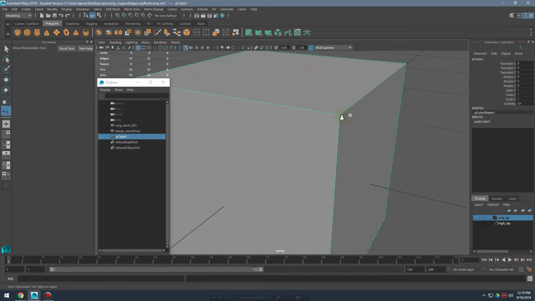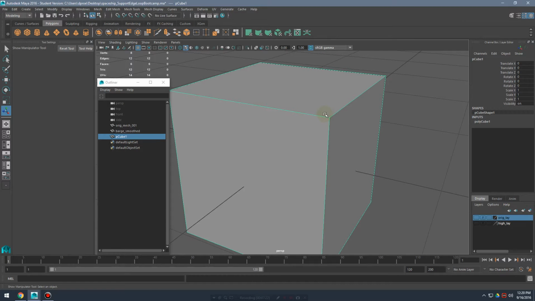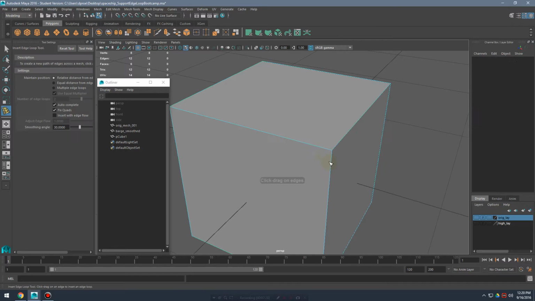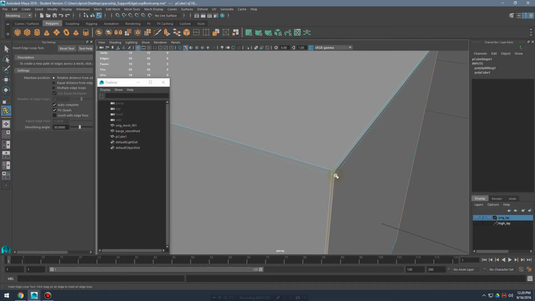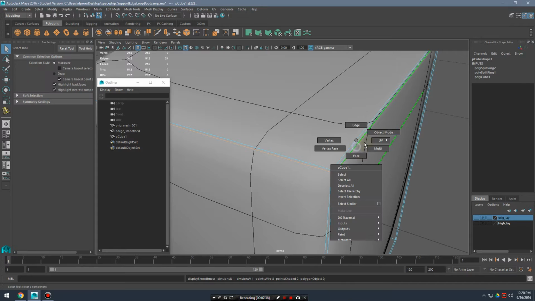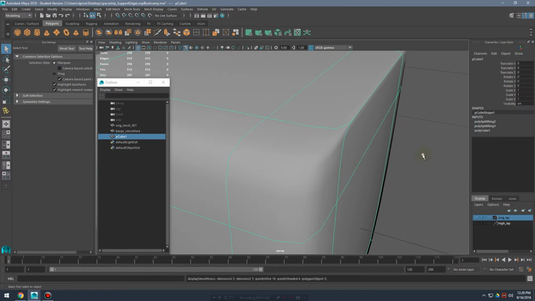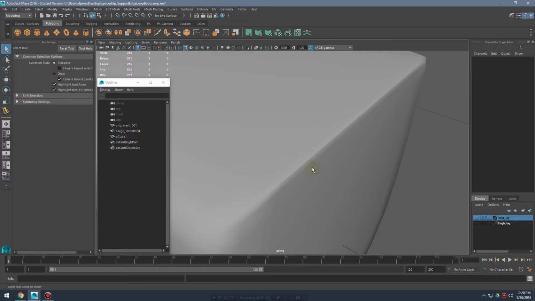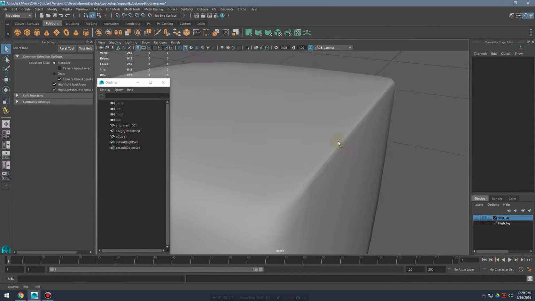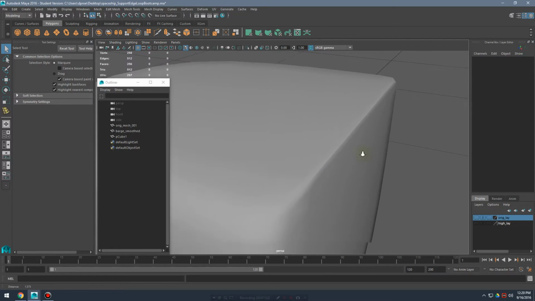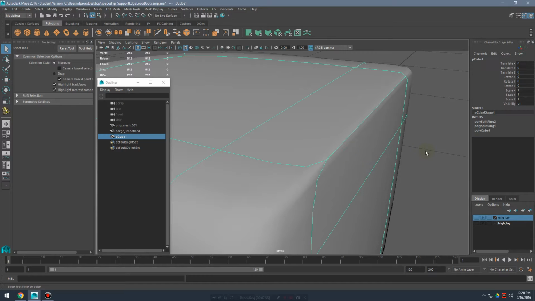So why don't we just go into a quick little workflow here. And there's really one important concept to keep in mind here. And that's the closer you put your support edge loop, like if I put it really close, what we're going to get is a really sharp edge. And you can see that sharp edge right there. And we're starting to get a little bit of a gradient of how the light's flowing around the surface, but it's still, for all intents and purposes, really sharp, harsh division